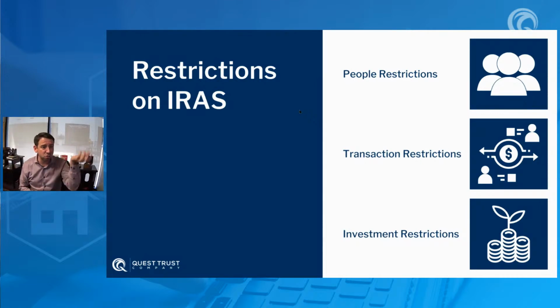So this means I can't use my IRA, buy a house, and then go live in it. I can't use my IRA and lend money to myself to fix and flip a house, right? You're not going to foreclose on yourself. I bet if you could lend yourself money, you'd give yourself a pretty good interest rate. And it's not just you, it's also immediate family: spouse, parents, and kids. Now, we teach a whole class just on the restriction side, but just keep that in the back of your mind for now, all right?